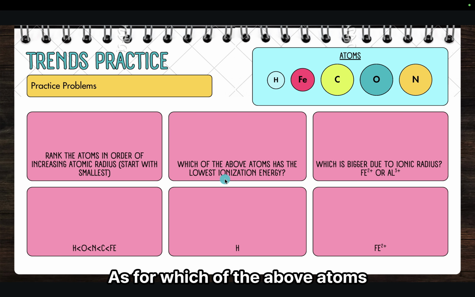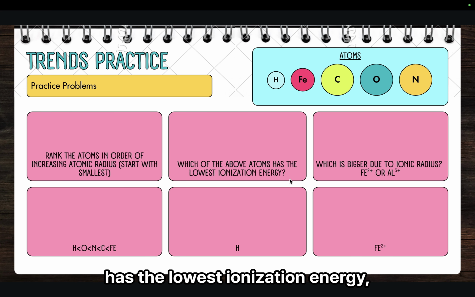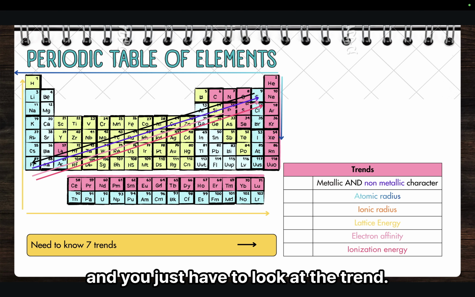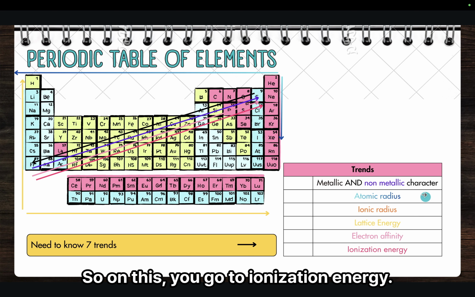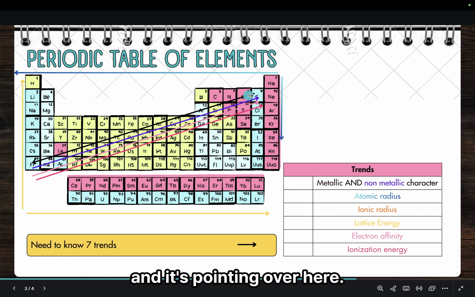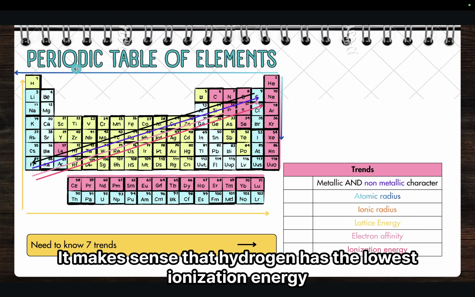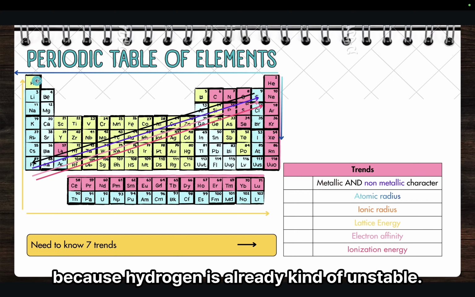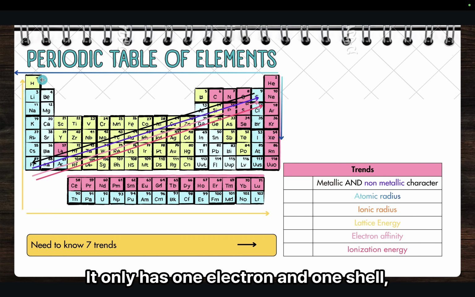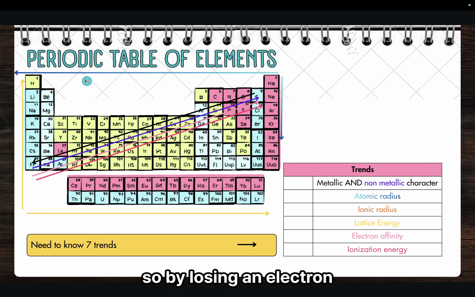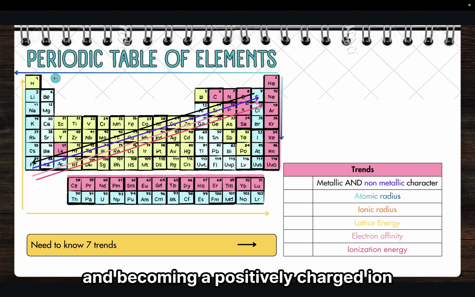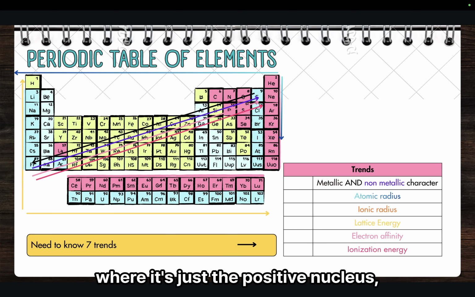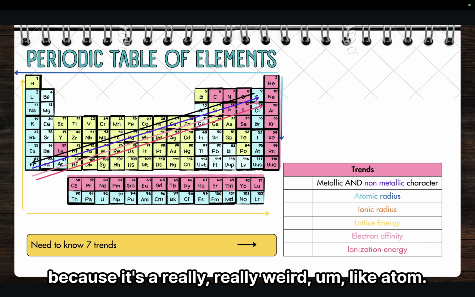As for which of the above atoms has the lowest ionization energy, for that one it's hydrogen, and you just have to look at the trend. So on this you go to ionization energy, you look at the arrow and it's pointing over here. It makes sense that hydrogen has the lowest ionization energy because hydrogen is already kind of unstable. It only has 1 electron and 1 shell. So by losing an electron and becoming a positively charged ion where it's just the positive nucleus, it's actually more stable because it's a really, really weird